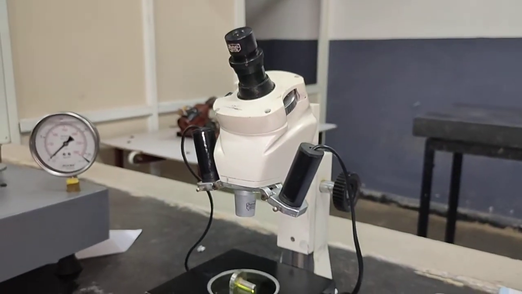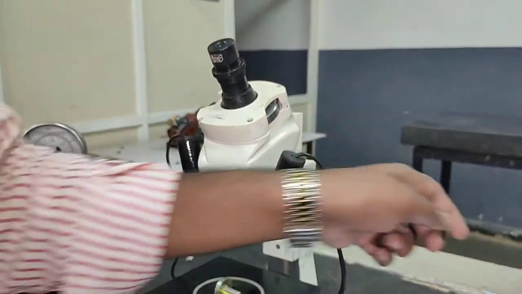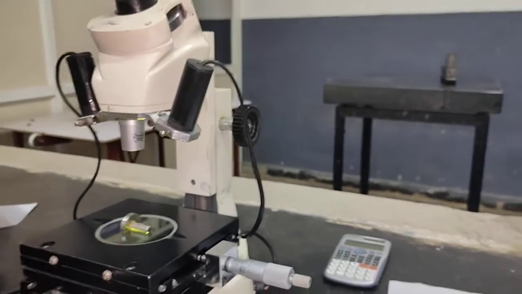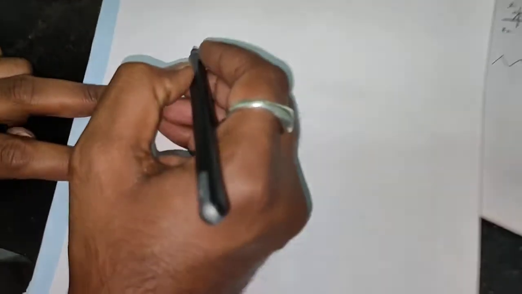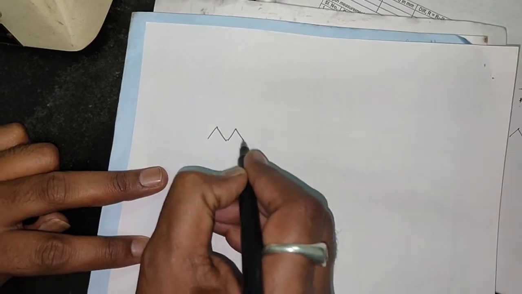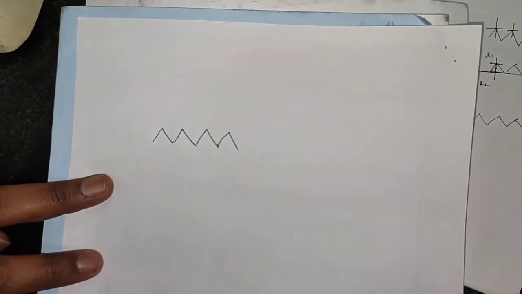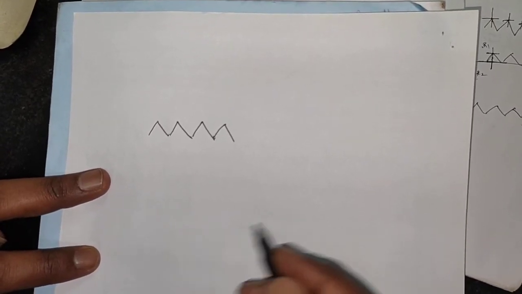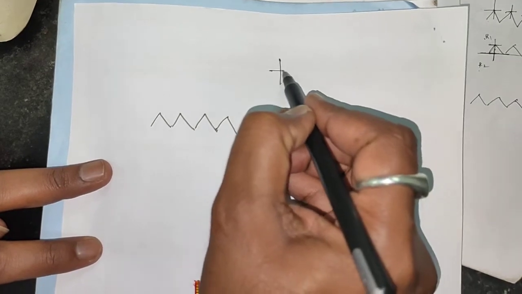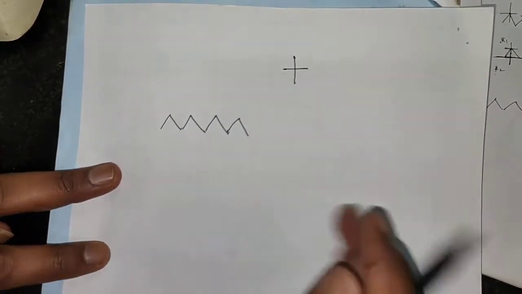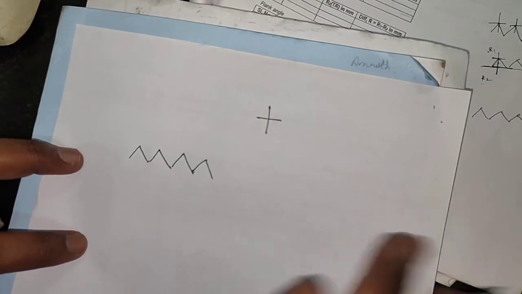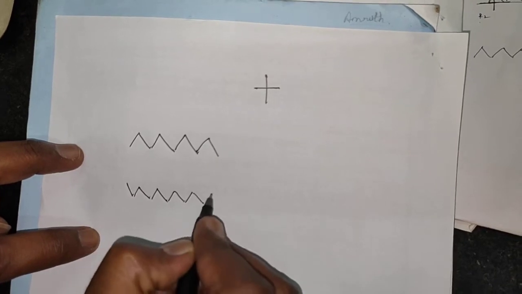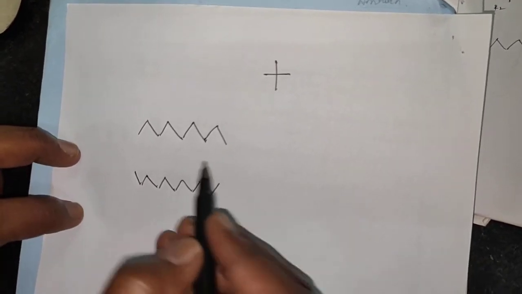So now I shall tell you how exactly this will look into the eyepiece. So now suppose if we consider this as a thread, and when we watch it through the eyepiece which we have shown just now, you will see a pointer which is like this. The pointer will be something like this. So now first we will see what are the different thread parameters which we are going to measure.